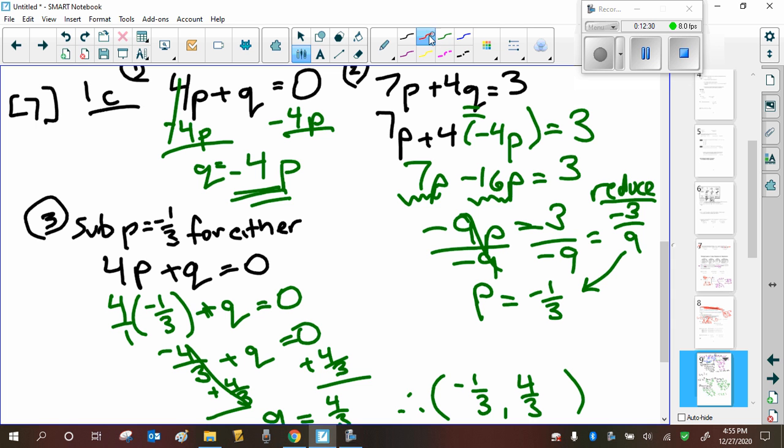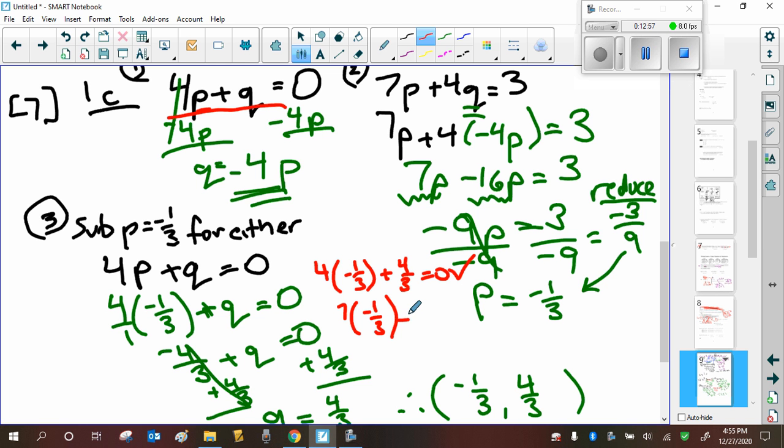So let me focus your attention on this equation. So we get 4 times negative 1/3, which is negative 4/3 plus 4/3 equals 0. That's true. That's a good start. And here we get 7 times negative 1/3, which is negative 7/3